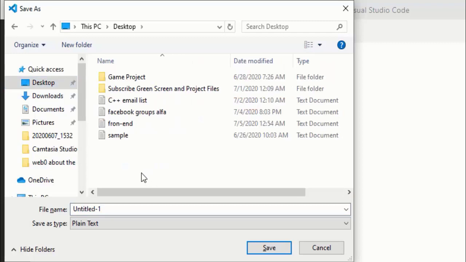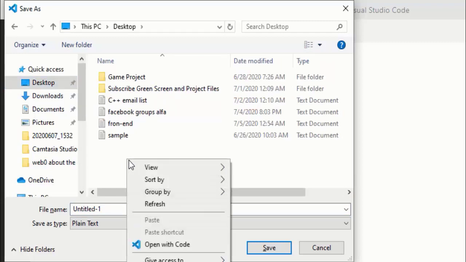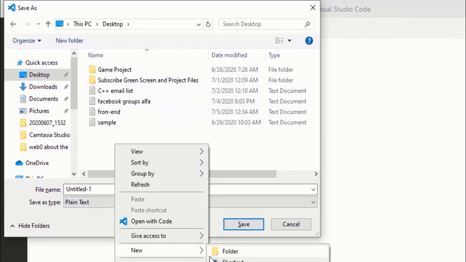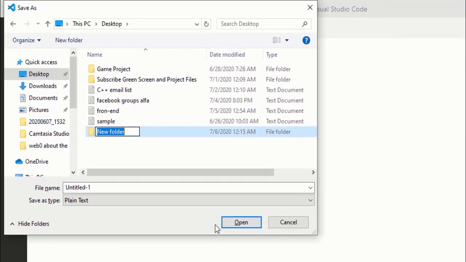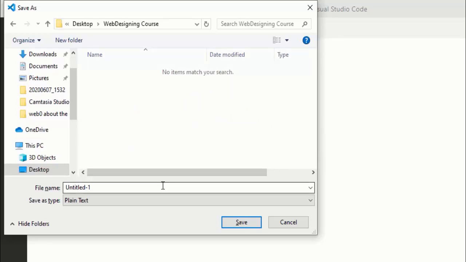I will create a new folder on my desktop, so I will right click on this and select new, and here folder, and I will name this web designing course. I will open up this folder and here I will save this file. I will save it with the name introduction.html.